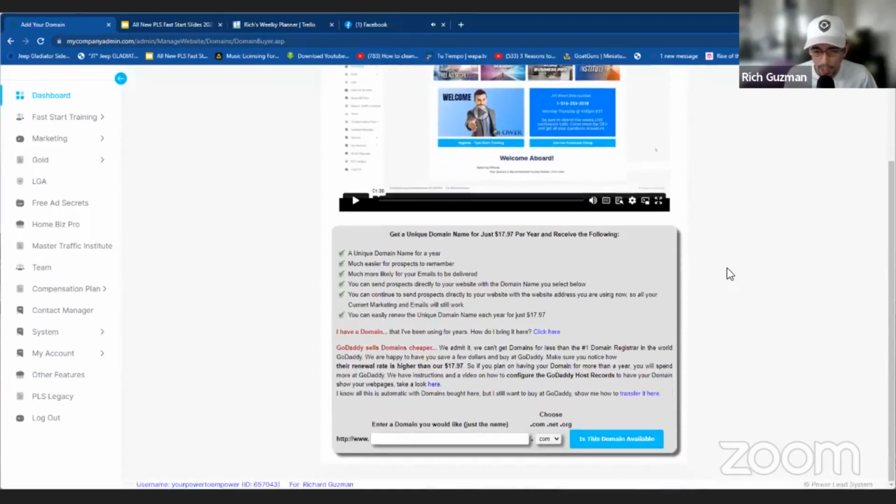And then below here, there's a box. This is going to be for your own domain name for the year. It is $17.97 for the year. And then here in this box below, we're going to type in just an idea to get the juices flowing on what I'm going to use for a domain name. So for an example, for this demonstration, I'm going to choose